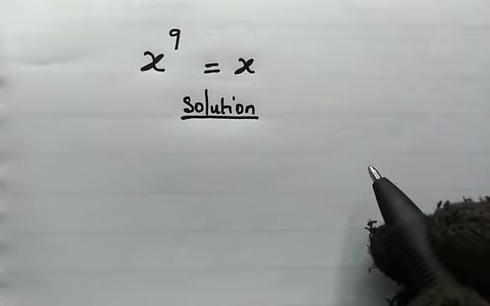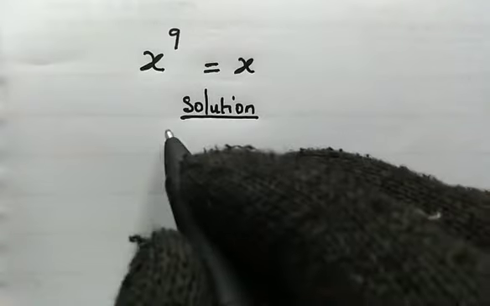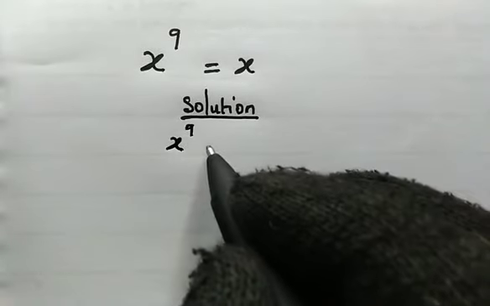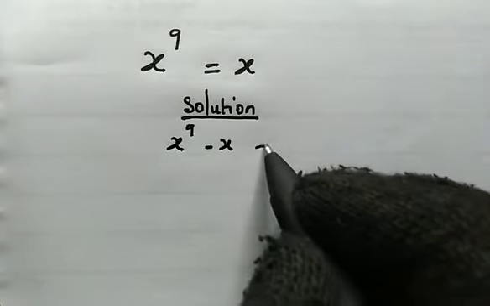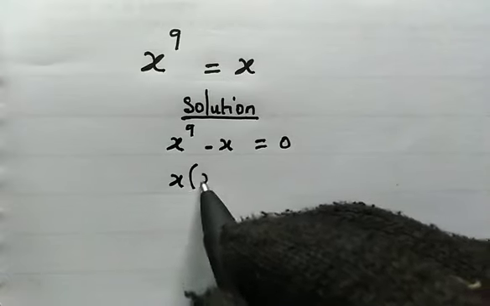We have the following interesting equation: x to the power of 9 equals x, and here we're going to solve for all real and complex values of x that will satisfy this equation. Now from this equation we have x to the power of 9 and we need to subtract x, and here we have equals 0. So all we need to do here is to factor out x, and we're left with